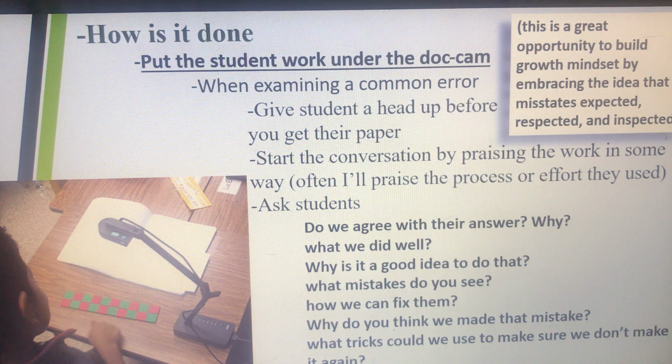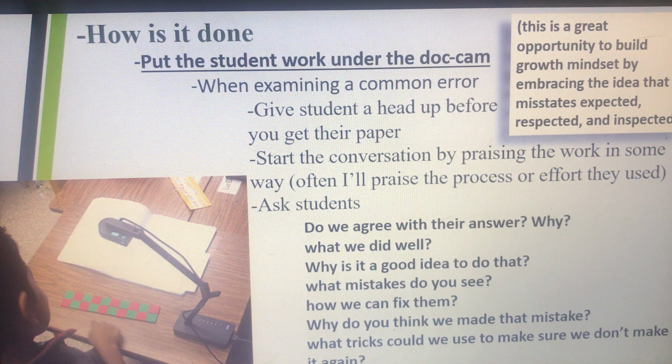Having a public conversation and making kids comfortable with putting their mistakes in front of all their peers is a great opportunity, right? I pretty much start every time by asking the class if we agree with the answer. And then from there, especially when we're looking at a student's mistakes, I want to push students to identify some good things that they see before we actually start examining the error. Once you dig into that error,